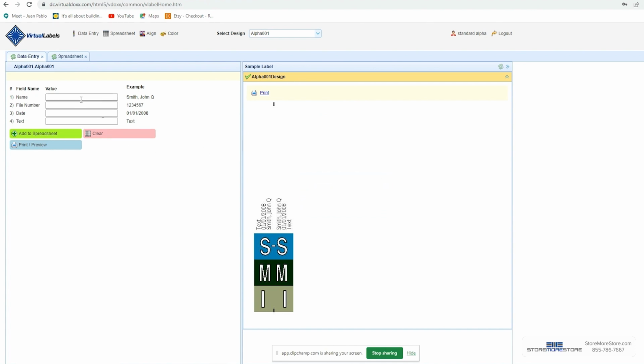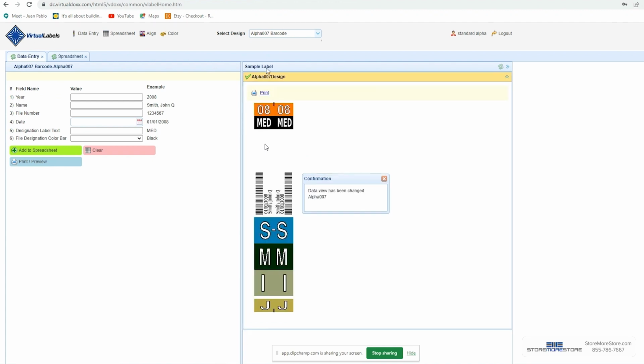Many of our customers have one label design. The fields are designed according to each client's requirements. Some of our clients have multiple labels, like HR and contracting and so forth, and then a user can select the specific label that they require. In this case, we'll use Alpha 007, which is a label that includes a color bar